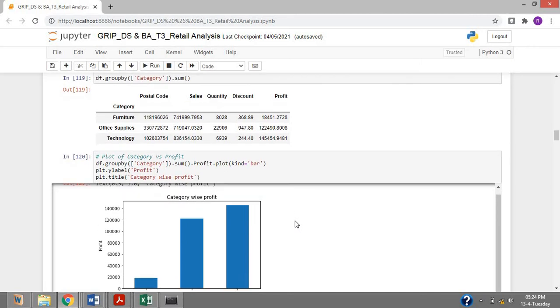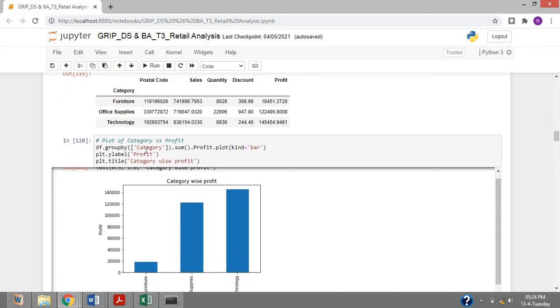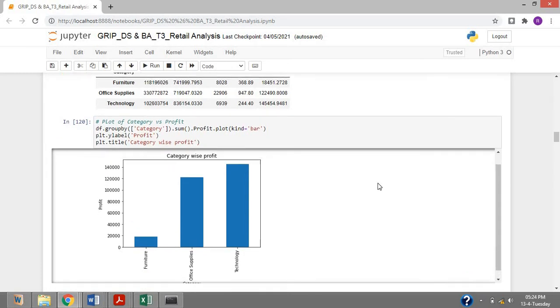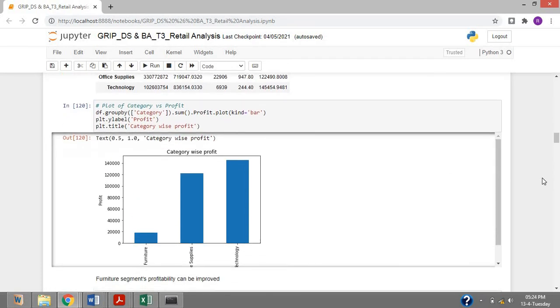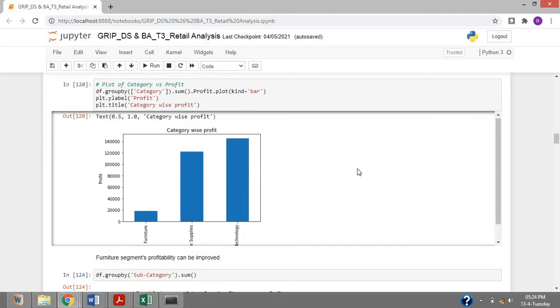So three categories, as we have seen before: furniture, office supplies and technology. We plot similar to the previous one. We use dot plot, and then we label, and then we input the title. So analyzing the data here, the category wise profit, it appears that the technology category